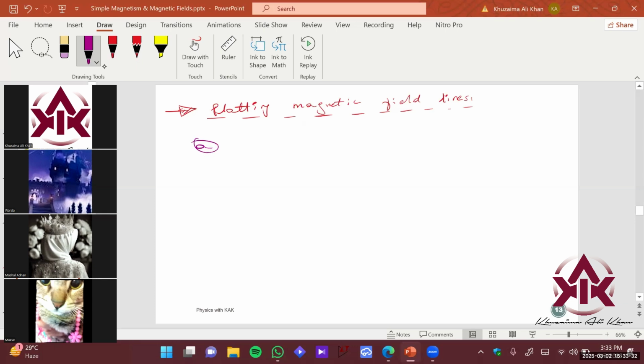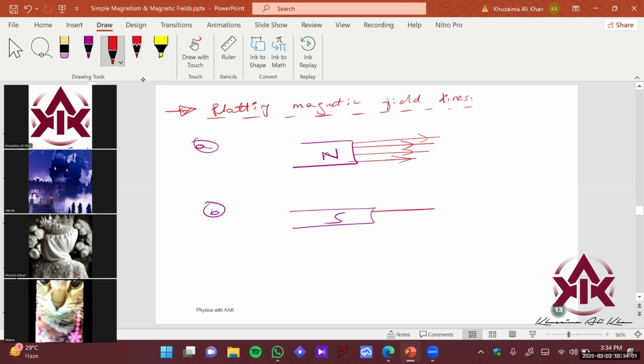Okay, rule A is that if you have a north pole, the magnetic field lines always go out of a north pole, right? Like this. Okay, the second rule is that if you have a south pole, the magnetic field lines always sink into the south pole. They go into the south pole,